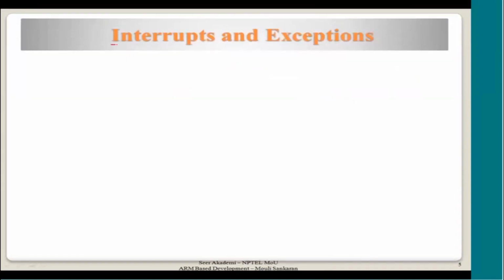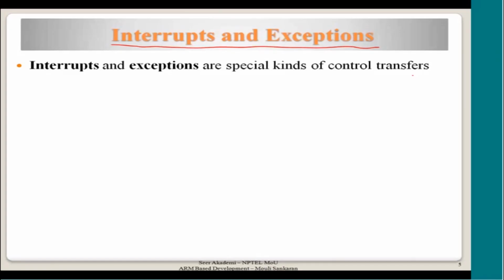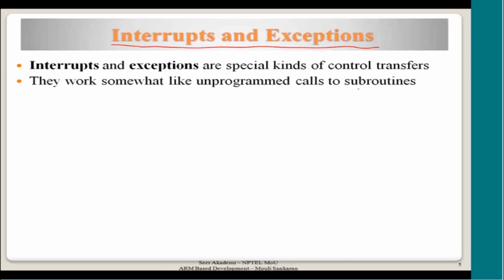You might have heard both. These words are used at times without clarity on what the difference between the two is. So I thought I would first clear up the difference. What is the difference between interrupts and exceptions? Basically both try to take away the control, if there are some special kinds of control transfer. What I mean by control transfer,